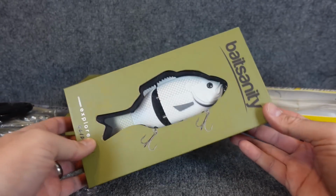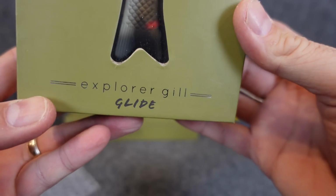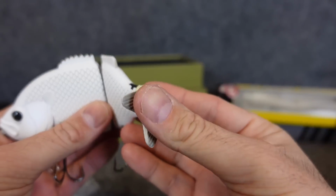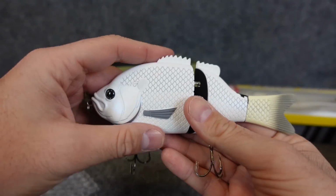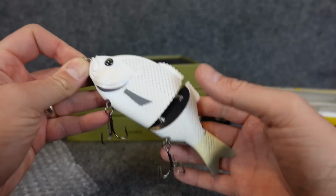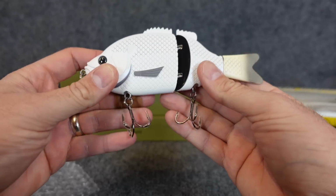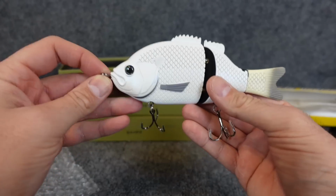So he not only sent me one, but three of these, which I've not even seen or used before. The Explorer Gill from Bait Sanity. I'll take one out. This thing is pretty sweet. So it's got a soft rubber tail. I went online and looked up footage of it, and it looks freaking awesome because this kind of crappie bluegill profile, a little bit larger, taller, I guess I should say, instead of like a skinny shad, that type of thing, should, I think, work around here really well because we've got a lot of crappie and